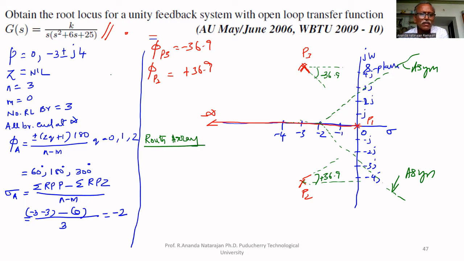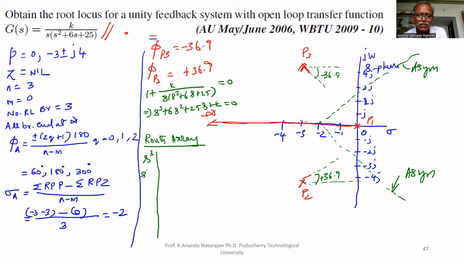We have to form the characteristic equation. For that, 1 plus G(s) is K upon s multiplied by (s square plus 6s plus 25) equal to 0. This implies s cube plus 6s square plus 25s plus K equal to 0. Therefore, the Routh array is